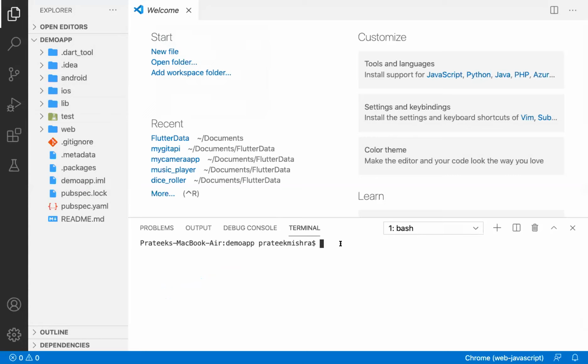After that, guys, I have to run some commands. I will share these commands with all of you in written format in the group. But here I'm just going to type some commands. The first command is flutter channel, then beta. We are going to switch our channel. We have multiple channels, four channels. So we are going to switch our Flutter to the beta channel. When we press enter,